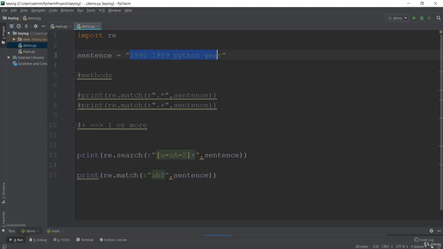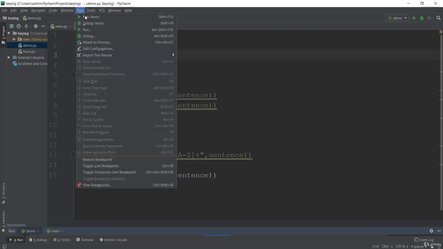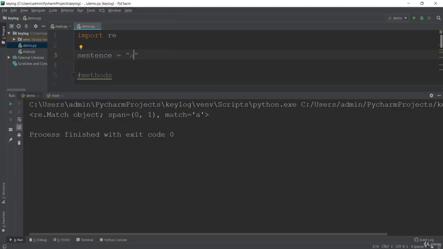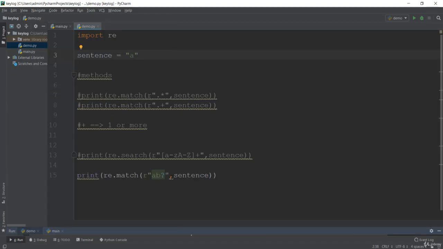So let me change this sentence first. I also have to comment out the search. In match, as I've already said, local scanning will be performed. But all we want to know in this part is about this question mark wildcard character. If I paste here something like A and run this, you will see there is a match of A. So what does this really mean?